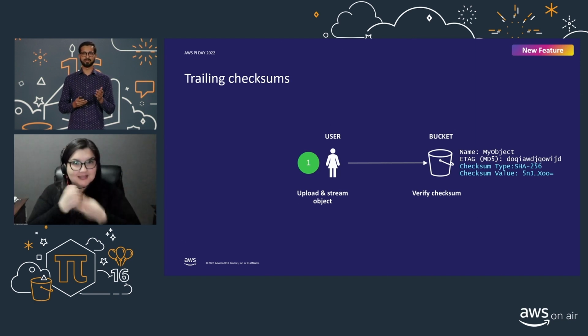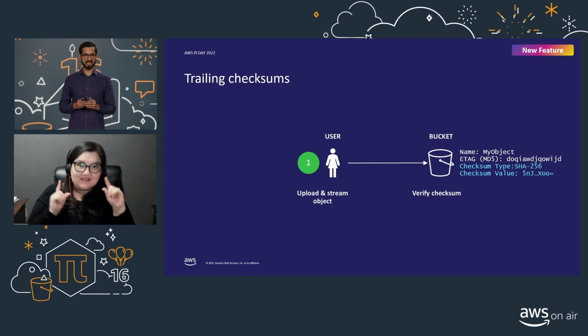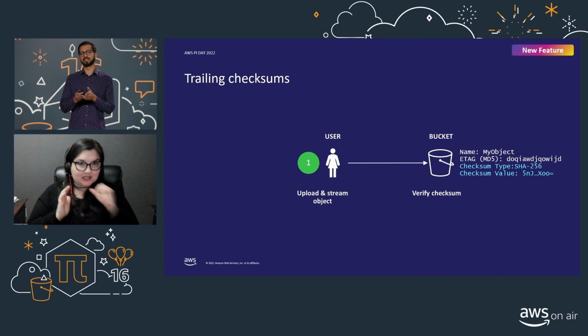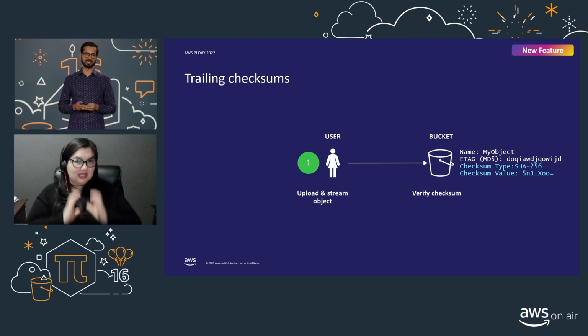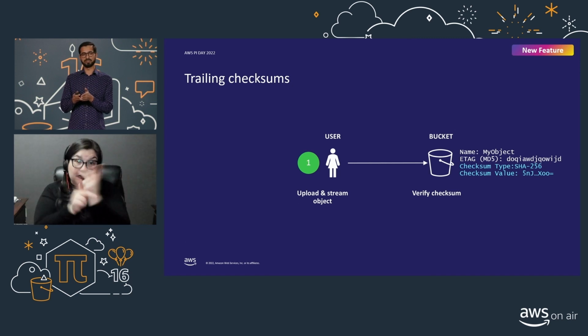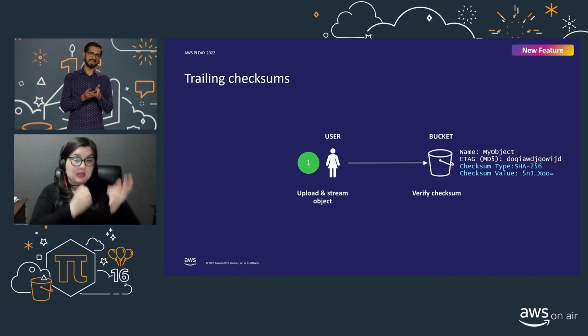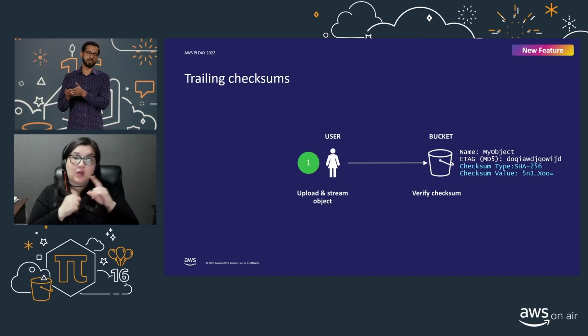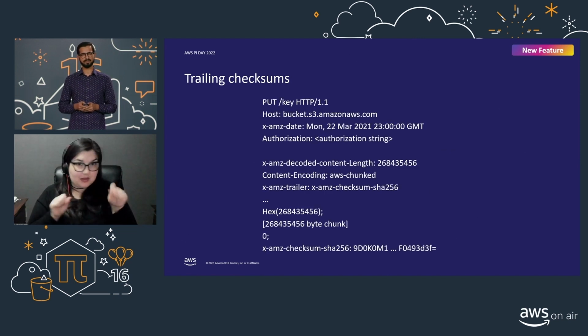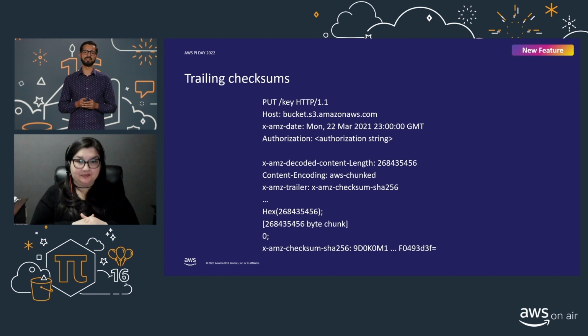To do that, you specify the checksum algorithm in the put header request, and the AWS SDK will automatically calculate the checksum and append it as a trailer to that request. This workflow is efficient and will save you time and resources, as you don't have to calculate the checksum on the client side separately before uploading the object. It also enables computing checksums on streaming uploads where storing the object to a disk as an intermediate step would not have been possible. So this is what that looks like in the S3 API.